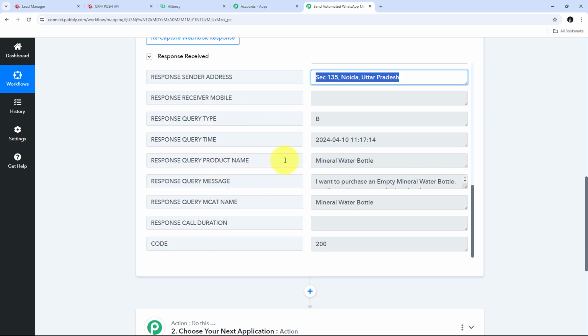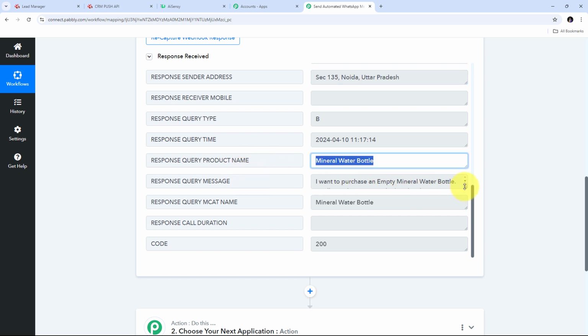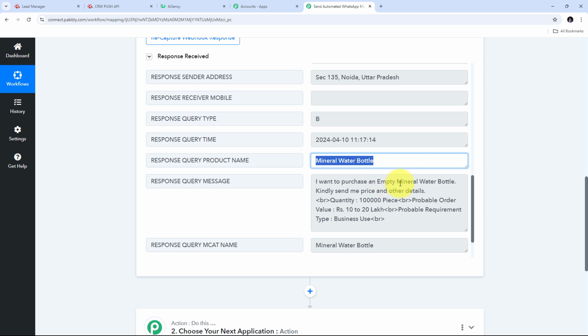And also in this, I have these other details, like I have the product name, that is mineral water bottle. I have the query message, that is, I want to purchase an empty mineral water bottle, kindly send me the price and other details. Here the quantity will be 10 lakh pieces, probable order value is going to be around 10 lakhs to 20 lakh, probable requirement type is business use. So this is the inquiry message, and here we can see I have received all these details as a test